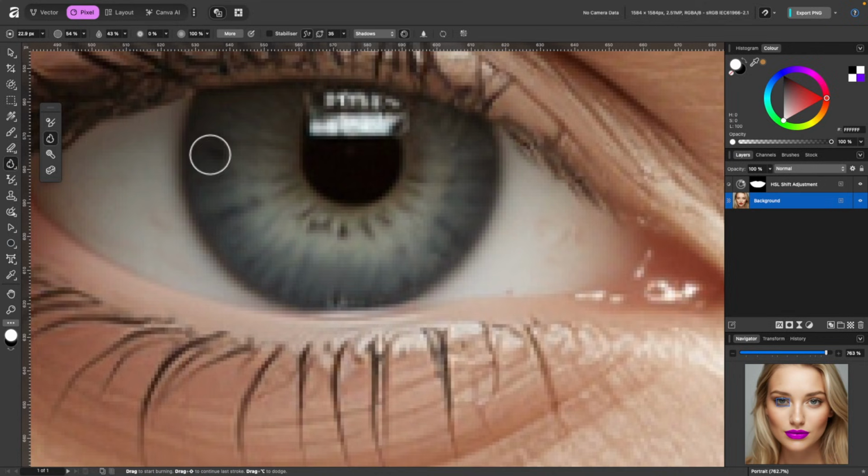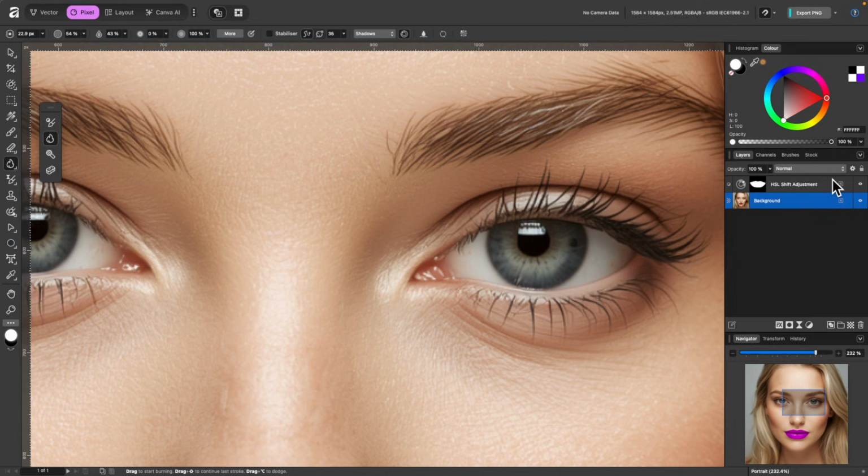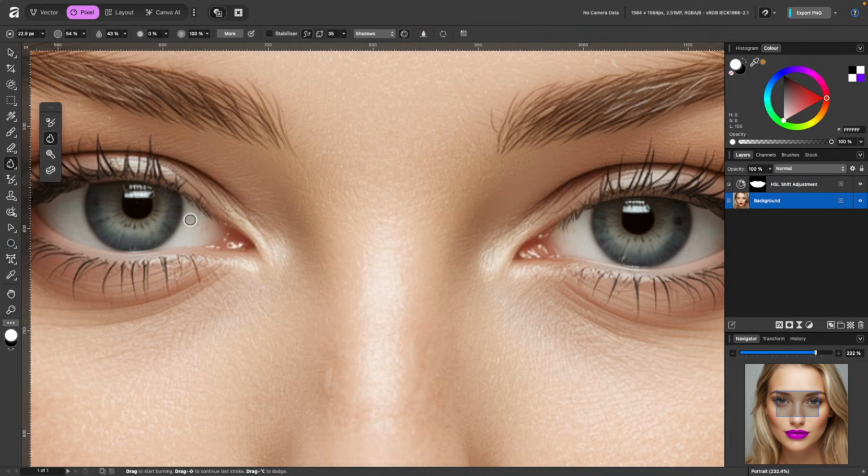If I mess up here, the only way to go back on myself is to press Command Z. So be careful with using this tool. And just so you know, the layer mask there in the layers is actually the lips below, okay? Not the burn brush tool.